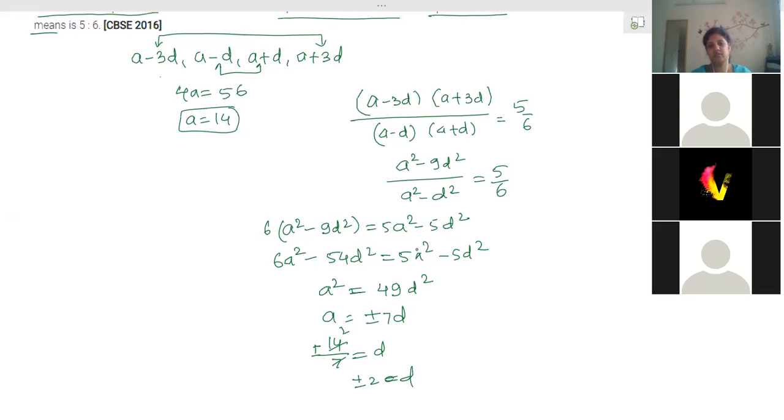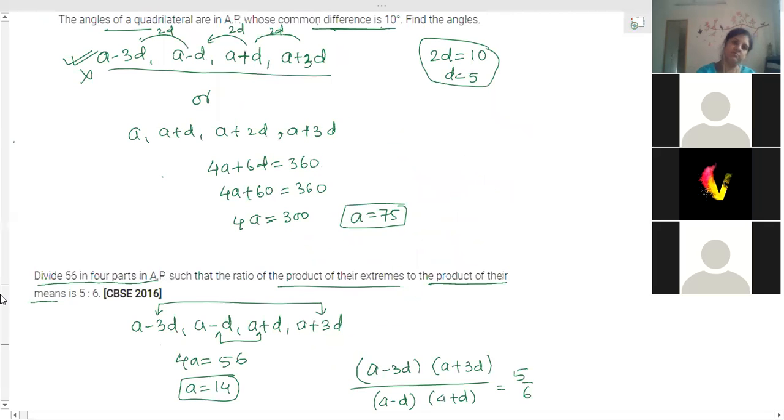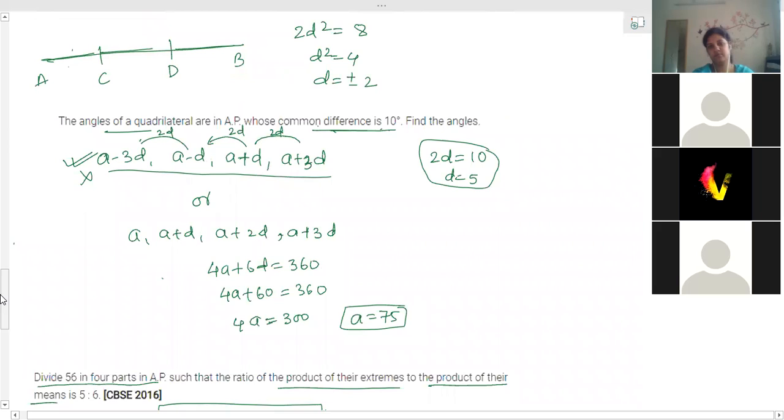Yes, ma'am, for the previous sum I had a small doubt. I just realized it while I was doing one calculation. Ma'am, like you told, we can either use A minus 3D, A minus D or A plus D and A plus 2D, right? Suppose we wanted to find the common difference between them both. So we do 3D minus 2D. We get D is equal to 10, ma'am. And D is equal to 5 in the first case. So how do we find the actual difference using this A plus D and A plus 2D, ma'am?